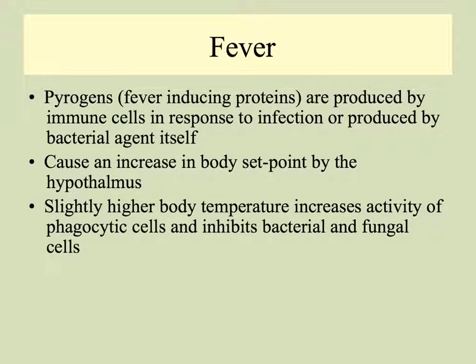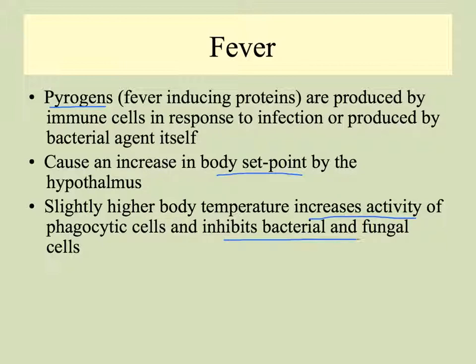Fever, beyond just a localized bit of heat, refers to the whole body temperature going up, and as I said, there are chemicals released by the area of infection or injury called pyrogens, and they work in the hypothalamus to change your set point, so they increase the thermostat so that the body will reset itself to a slightly higher body temperature. So as I already mentioned, this will increase the activity of your phagocytic cells, and it inhibits